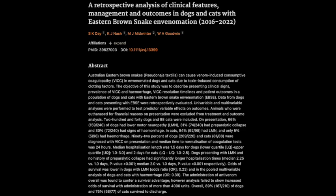What other treatment strategies did the study look at? Well, they also investigated the use of things like oxygen therapy and mechanical ventilation, which are super important when the venom has really messed up the animal's breathing. So it's kind of like providing life support while the body recovers. Exactly. Supportive care is absolutely vital for stabilizing the patient, managing any complications, and ultimately giving them the best chance